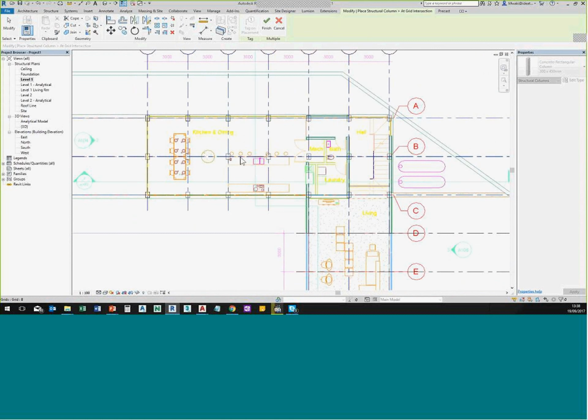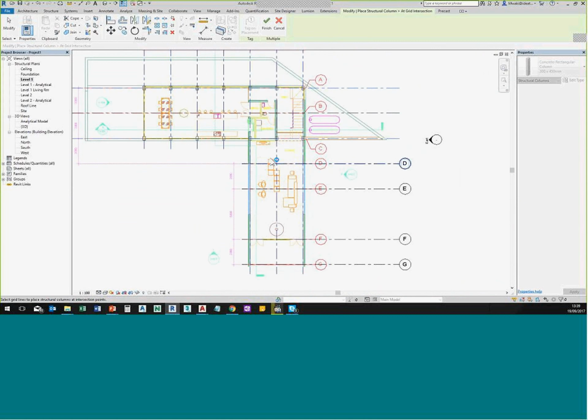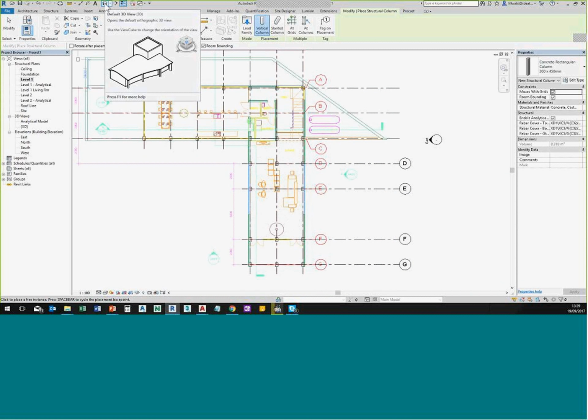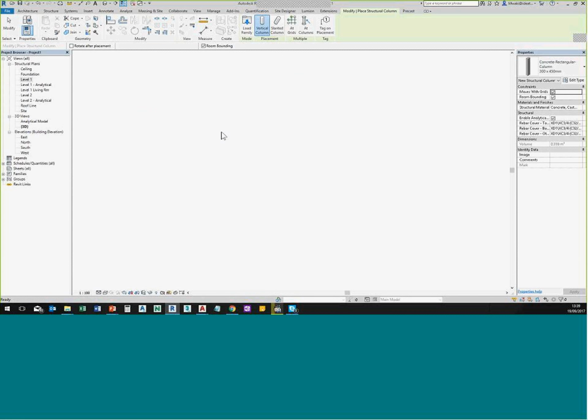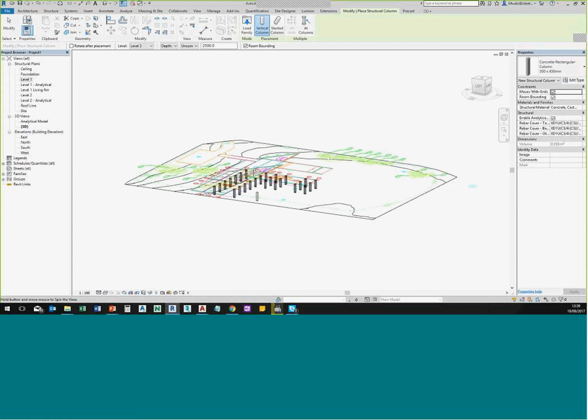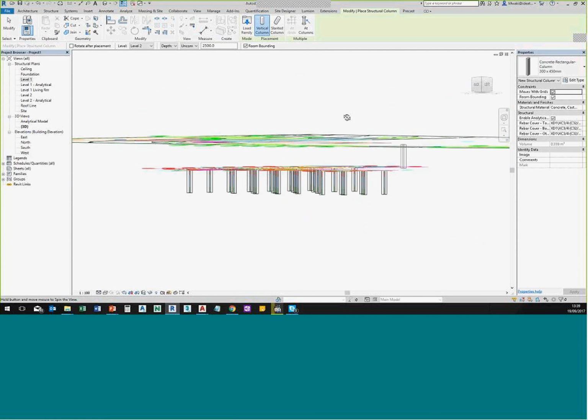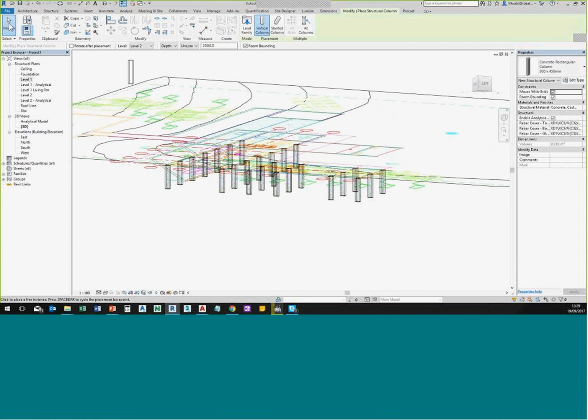So what to do is I don't want these columns here inside the space. So I'll start from the selection, add a few more of these guys. So when finished, to create those particular columns, I can do my quick access toolbar and have the columns that have been put in place. So these columns, these